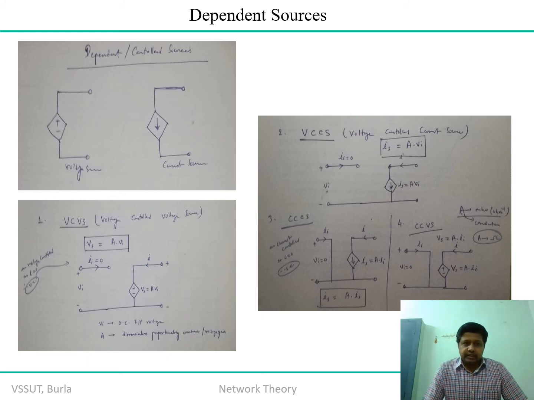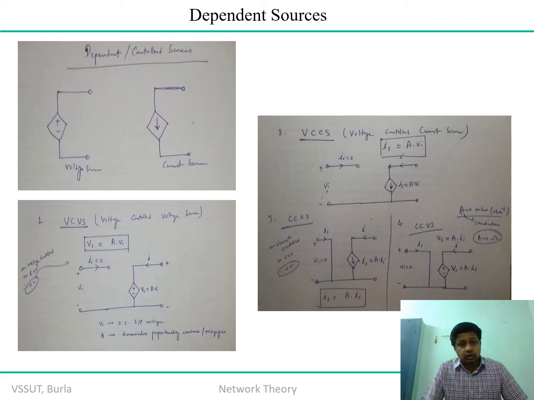Now if you exactly see in this particular model, the Vi is written as the open circuit input voltage. Why open circuit? Because this particular voltage source in this network is controlled by the voltage. So if it is controlled by the voltage, then across those two ports, or between the ports, the exchange of current is zero.